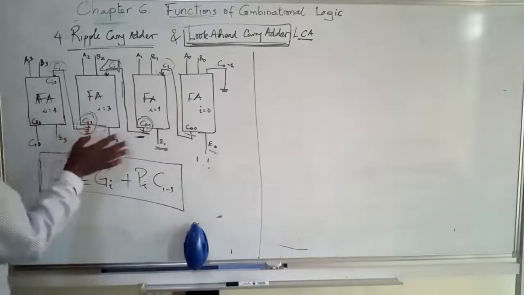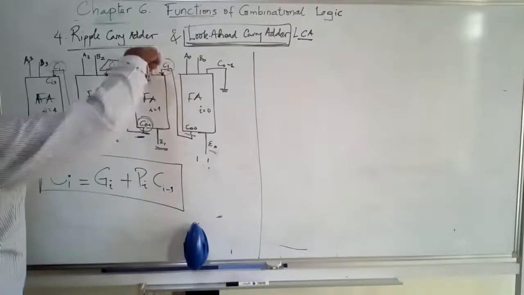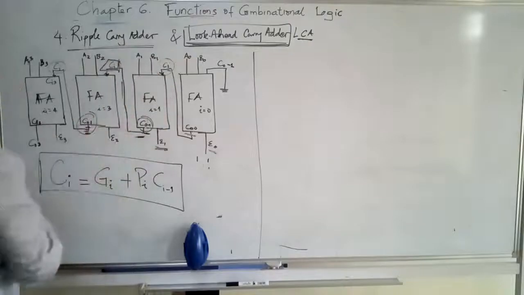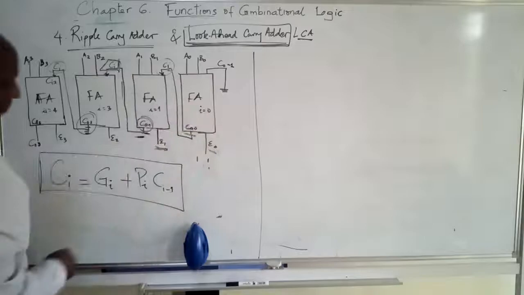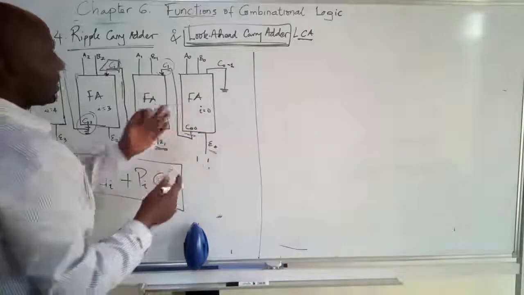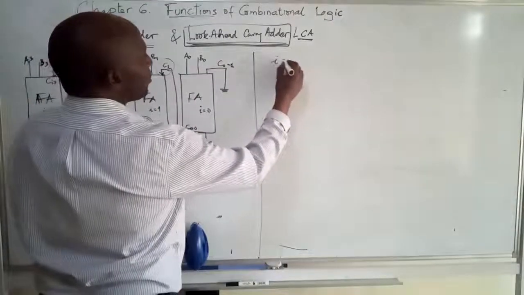As I said, it will depend on the C minus 1, the carry in of the previous full adder. So if we say on the first adder, i is equal to 0,